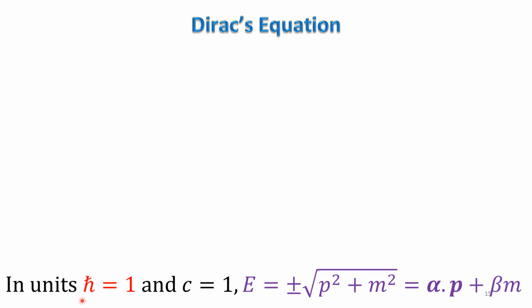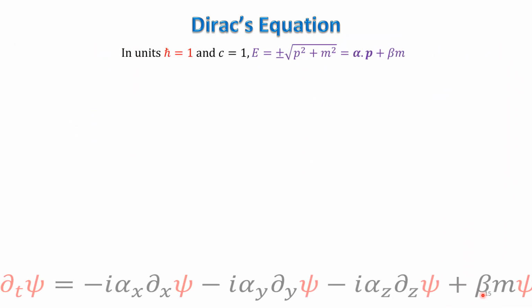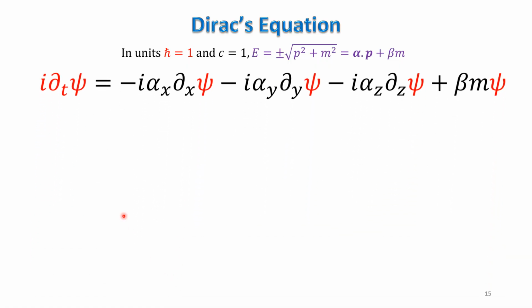matrices. So in the units where H cross equal to 1 and C equal to 1, we have E equal to plus minus under root of P square plus M square. So here we want to write E equal to alpha dot P, so that alpha x px plus alpha y py plus alpha z pz is taken care of, and then beta m. So we are imposing the linearization and we are writing in the form of operators. So here the energy operator, where H cross is equal to 1 and C is equal to 1, we have i, which is under root of minus 1, partial differentiation with respect to t operated on psi. This will give you energy. So this E is represented by i del t psi